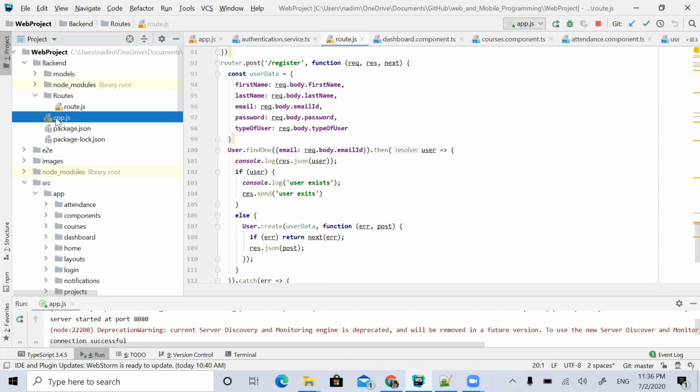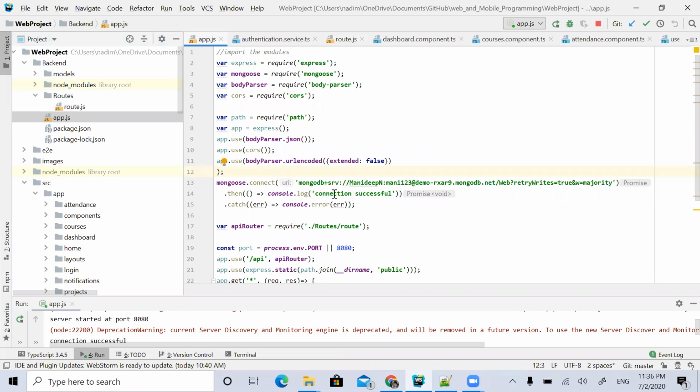Here in the code, the major component for the backend is app.js. Here I have used Mongoose to connect my MongoDB to my application. I have set up the DB setup with my credentials, so that if you also log in to my application, the DB used is my DB, because I have connected my DB URL here.